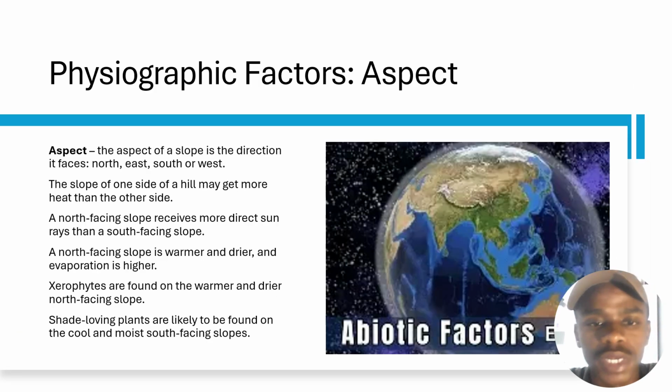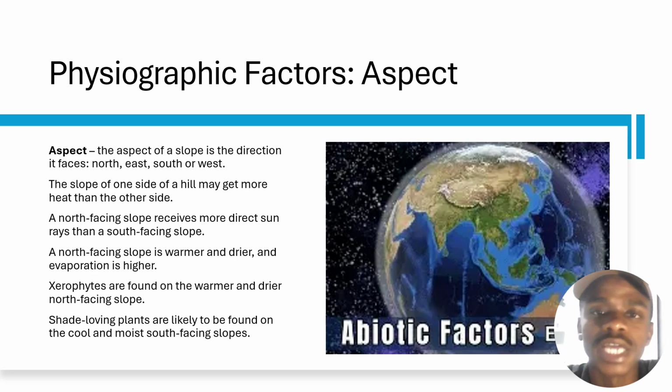We also have an aspect. The aspect is simply the direction that the slope is facing. We have north facing slopes and south facing slopes, and we also have plants called xerophytes, which are found on north facing slopes, because north facing slopes receive more sunlight than south facing slopes. The xerophytes are able to adapt and grow in those harsh conditions because they have certain